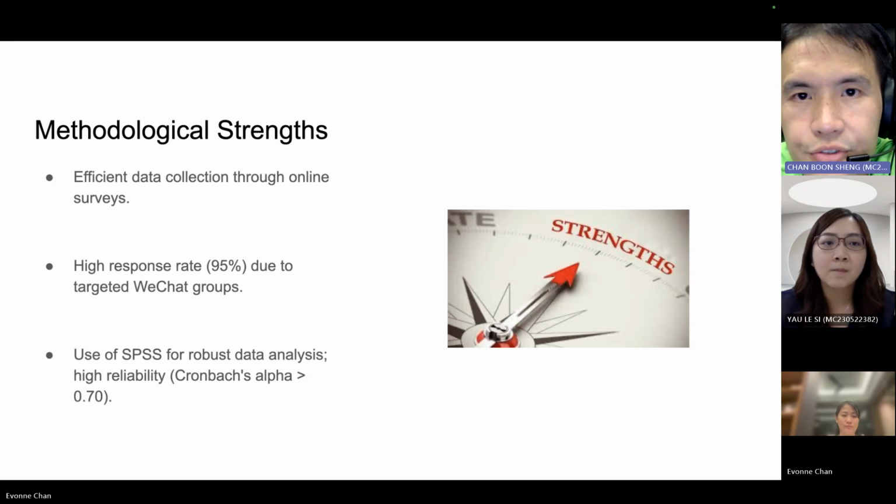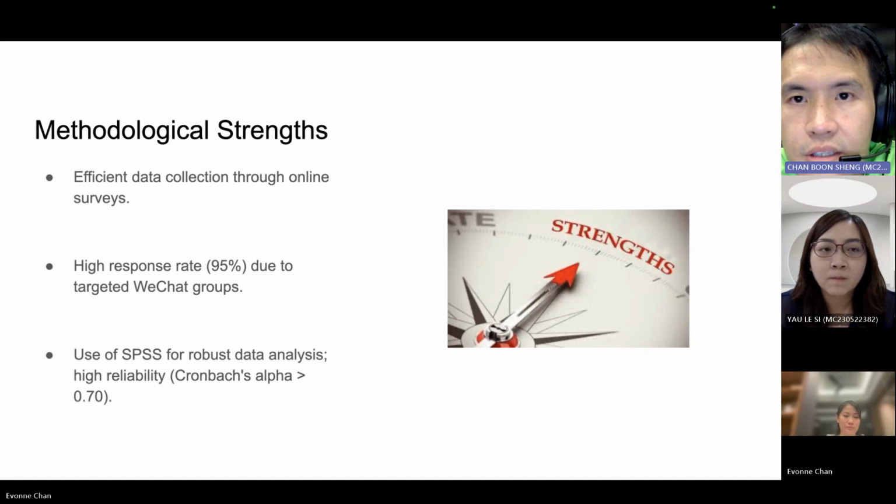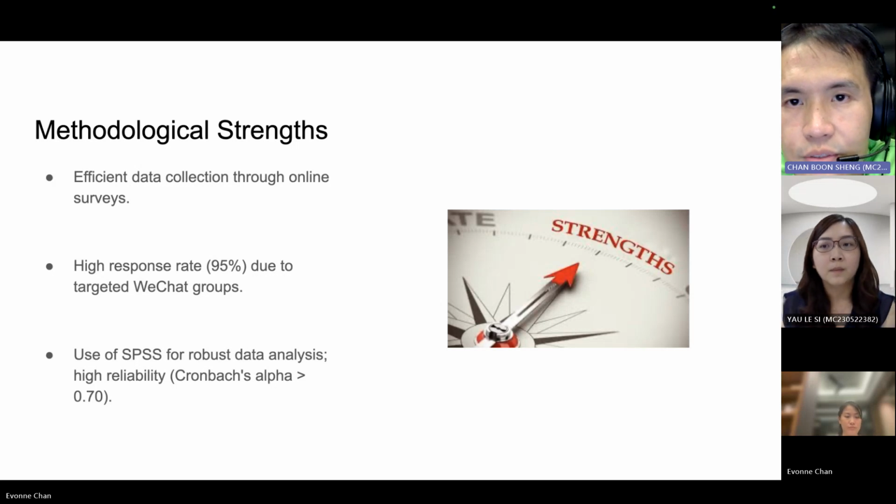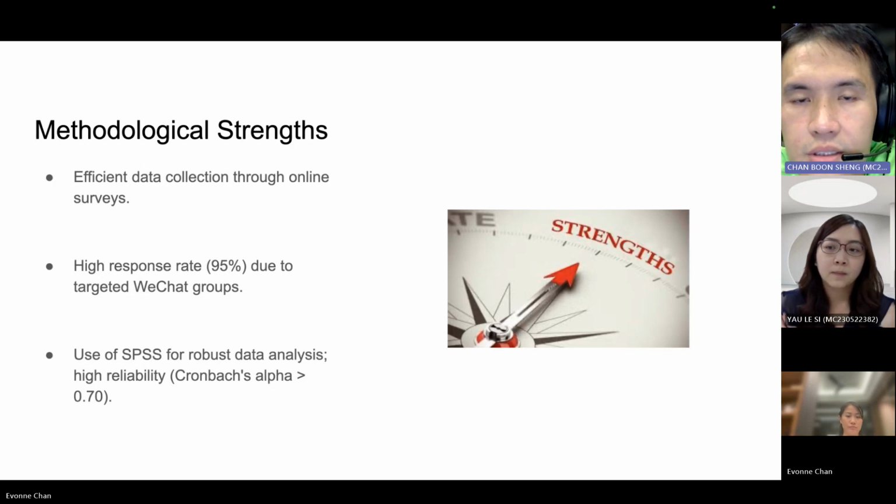Now let's look at the strengths of the methodology. One of the standout strengths of this study is its methodological rigor and innovation. By employing online surveys, Demuyekor capitalized on a method that was both efficient and cost-effective, particularly relevant during a time when traditional face-to-face research methods were impractical, if not impossible.